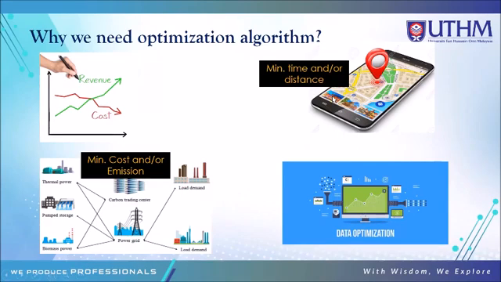Next, maybe you are very familiar with maps, maybe with Google Maps and so on. If you realize in the maps, we can choose whether we try to minimize the cost or we try to minimize the distance. That's one of the examples of an optimization problem in the real world. Maybe in electronics or data science and so on, they need data optimization. This is an example of why we need the optimization algorithm.